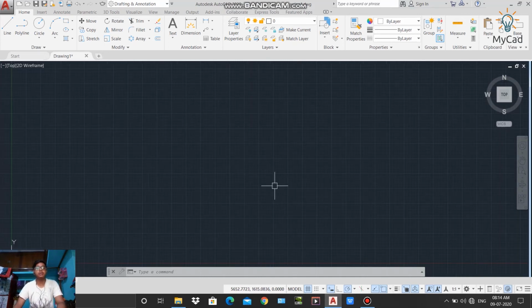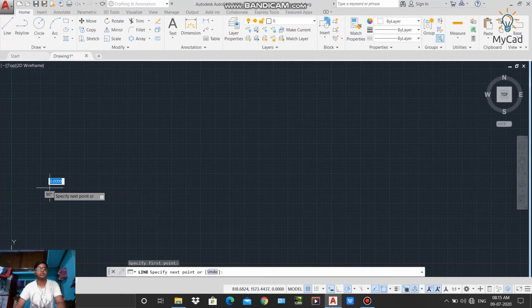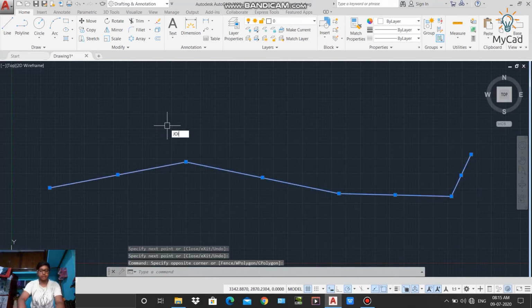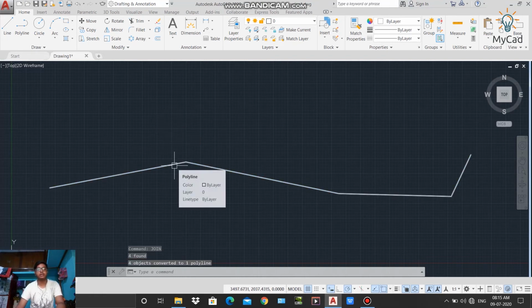So up to this point we have discussed the rectangular array command and the polar array command. Now I will discuss the path array command. If you want to make a number of copies using any path or any curve, then you can use the path array command. So first we will draw some path or some curve or some straight portions like this, and then press enter and join them using the join command. The join command is used to create a single object from different segments or different objects. Now I'll press enter, and you can see one polyline is created using those lines.